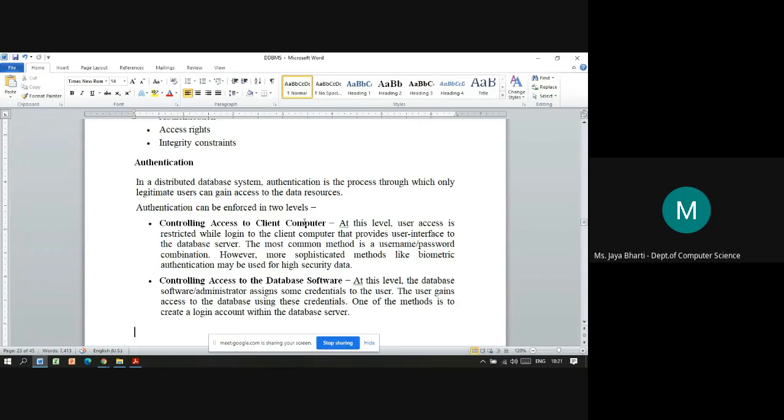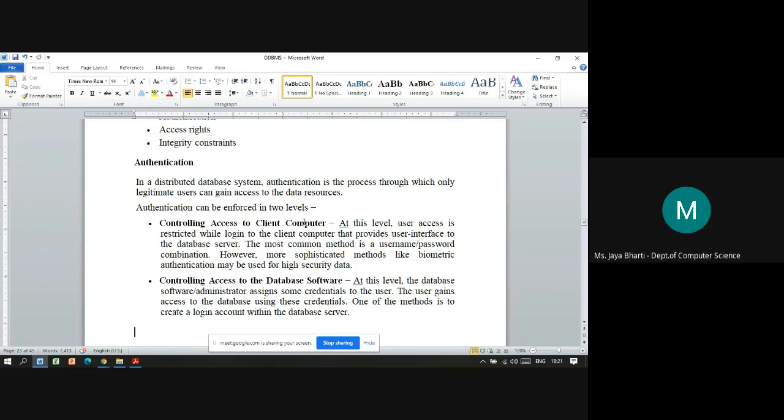Controlling access to the client program is the level where user access is restricted. And how do we restrict that access? While logging into the client computer, it should provide the user interface to the database servers.